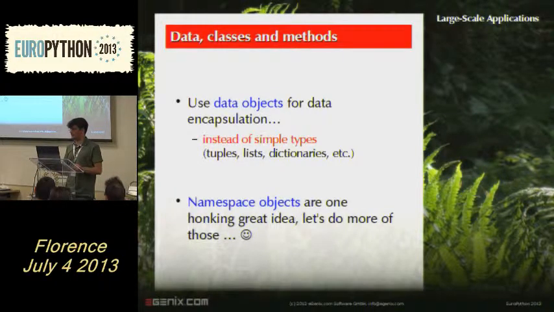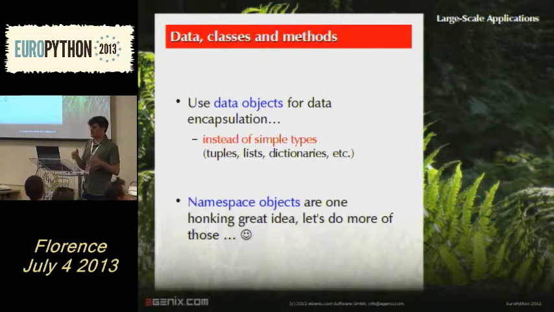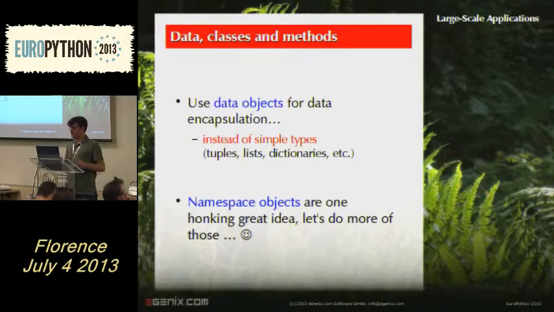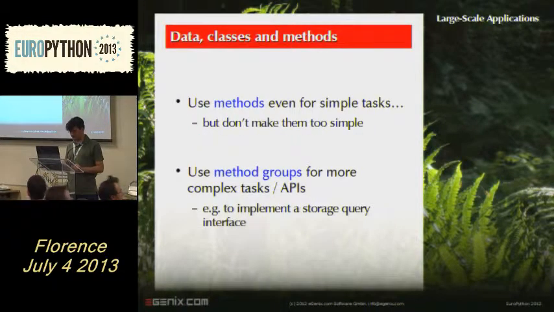And even Python itself does that a lot. We use that kind of approach, for example, for the time struct. When we added new entries to the time struct, anyway, I'm not going to go into detail there. We wanted to add something new to something that was a tuple before, and so we just changed the data type to something that was a subclass of tuple, and then we added it to the end, but in an invisible way, so we didn't break code that way. But you still had the functionality. You don't need to go through all this, you just use namespace objects and you're done.